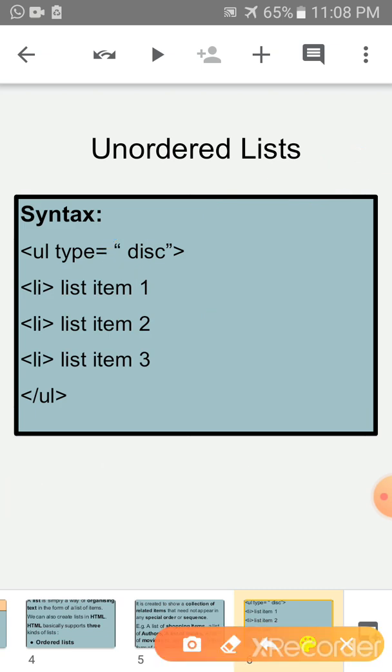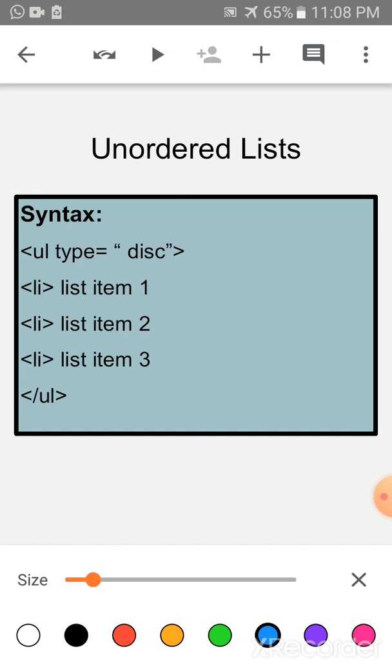Now children, this is the syntax. ul space, then write down the attribute type. Here I have written within quotes the attribute type disk.